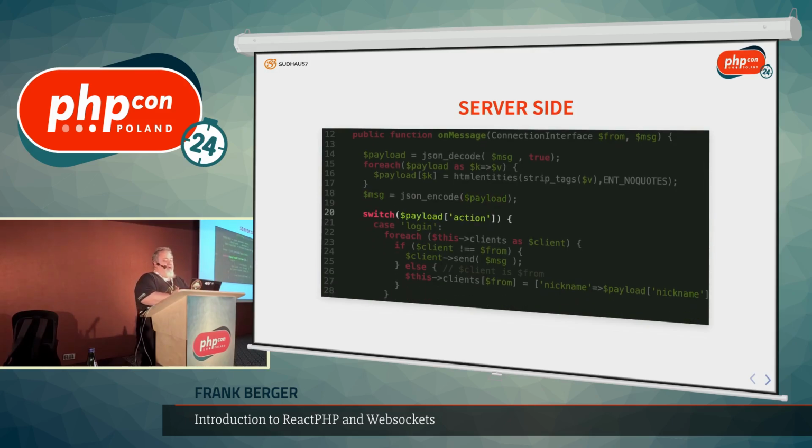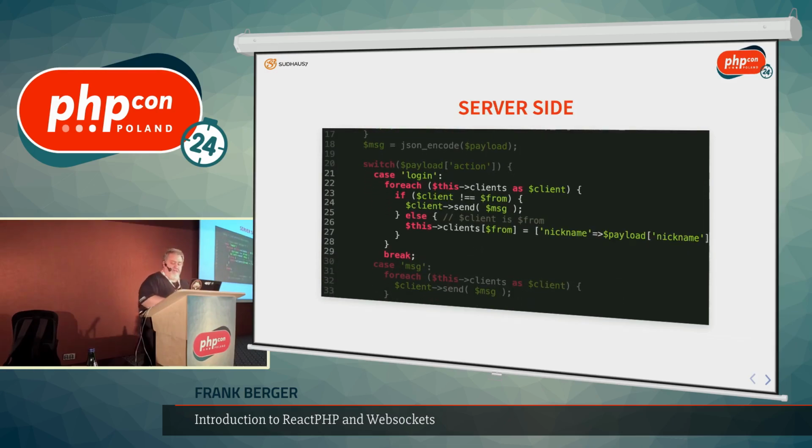Then I go over the payload action again. This is server side. In case of a login, I will go over all connected clients, and if the client is not the browser or the client that sent the current message, I will just send the message back as it is to all other clients basically. And for my client, if I send this message,